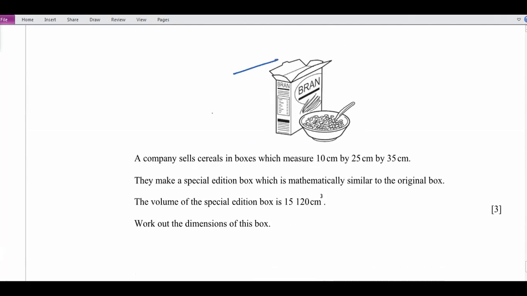This one actually in our next lesson we will do, because we need to first make the volume and then we will go for the dimensions accordingly. Okay. So I will share